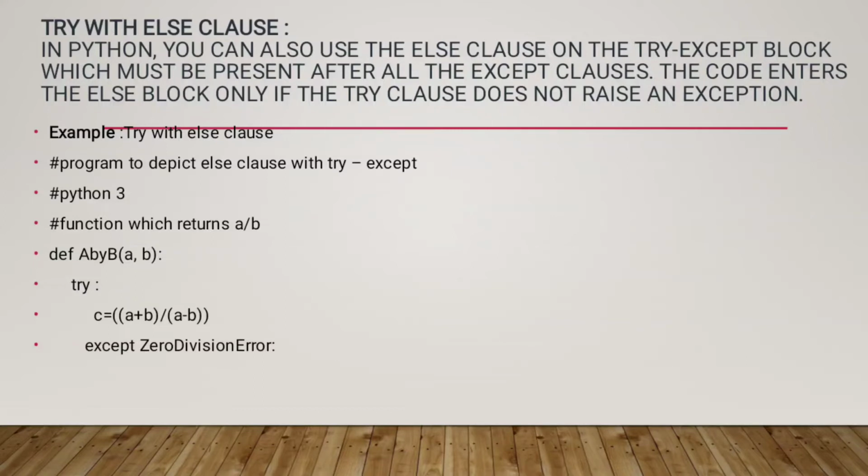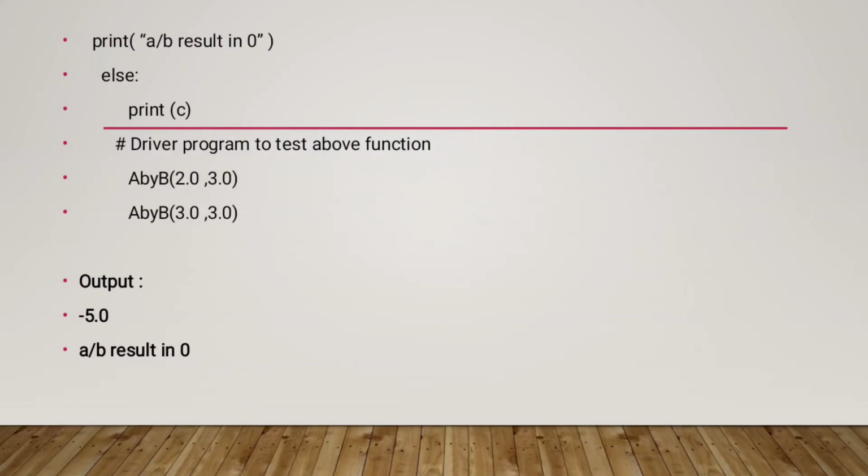We will try the code with try with else, and the code is def a_b_y_b(a, b): try: c = (a + b) / (a - b) except ZeroDivisionError: print("a/b result in 0") else: print(c)